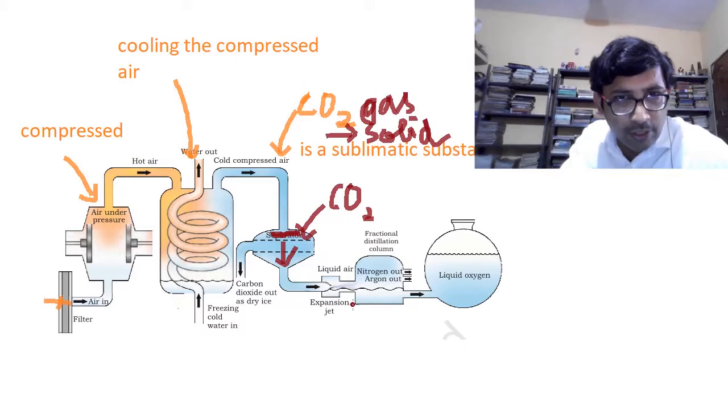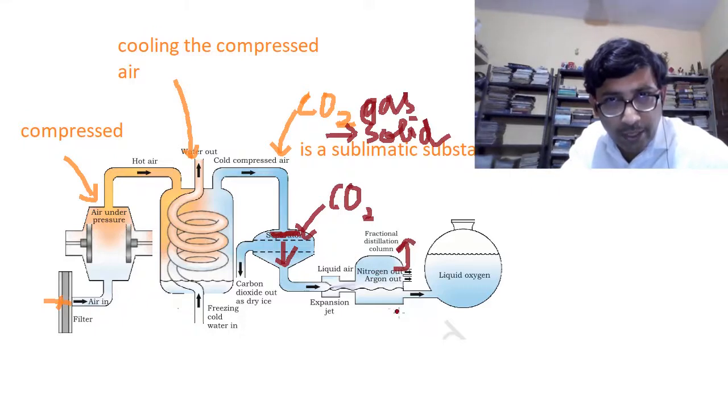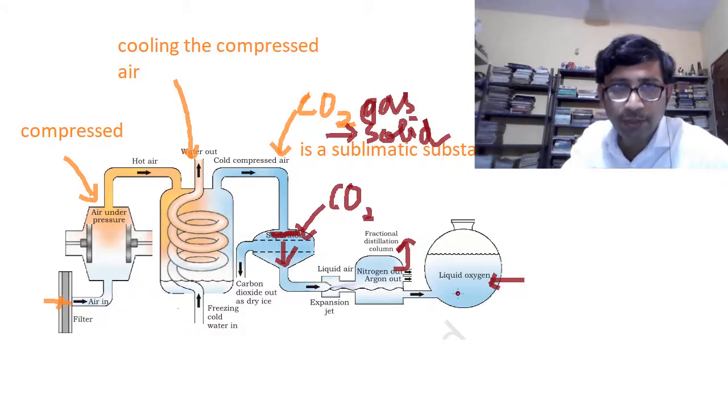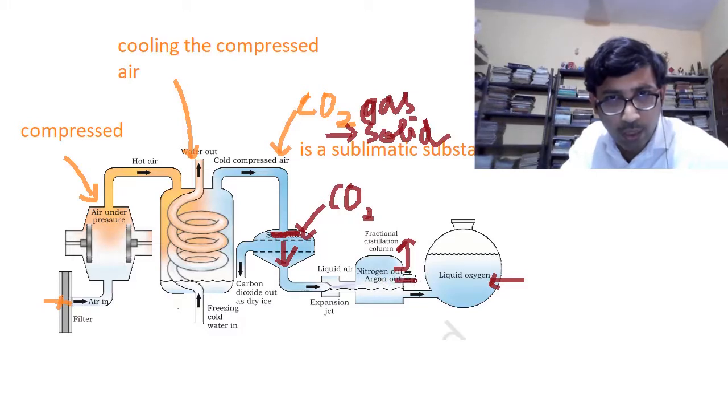So here we have liquid nitrogen and liquid oxygen. Okay, so nitrogen later on changes into gas after expansion in this container, and we can take out nitrogen gas from the upper outlet, and we can collect liquid oxygen over here, because oxygen does not change so quickly into gas simply on expansion. We can take out the other gases like argon, which are heavier. Since argon is heavier, it comes out from the lower outlet, and nitrogen comes out from the upper outlet.